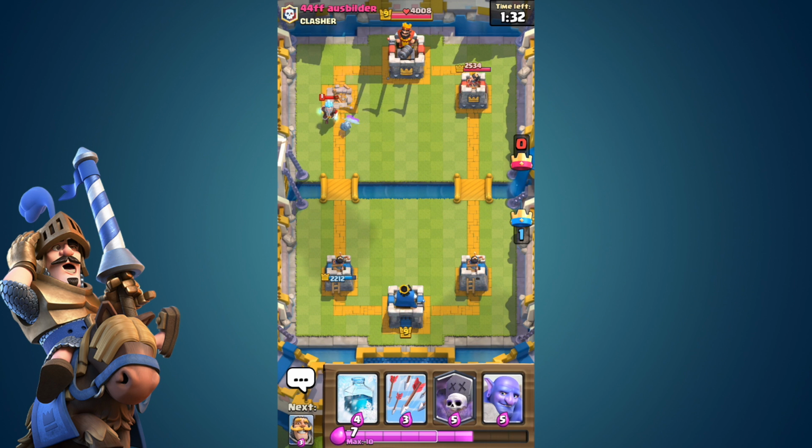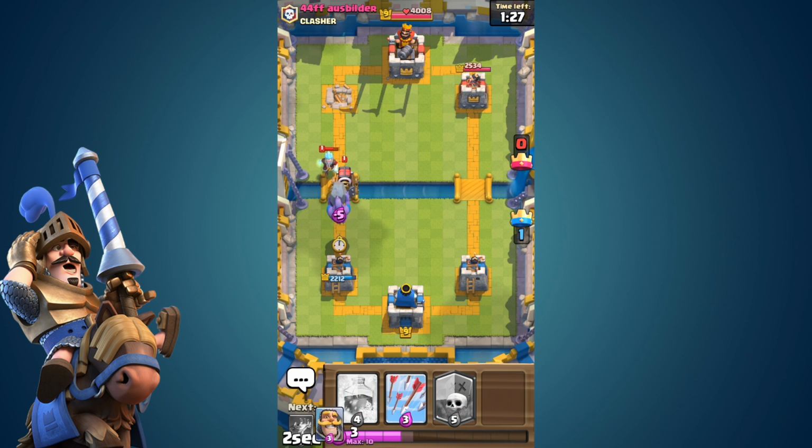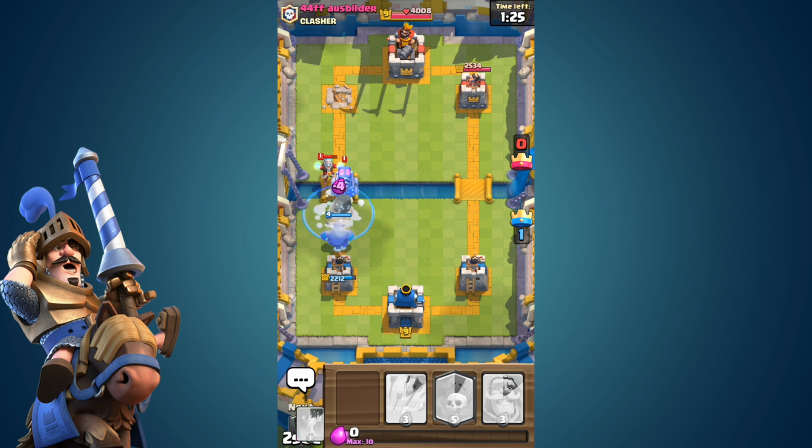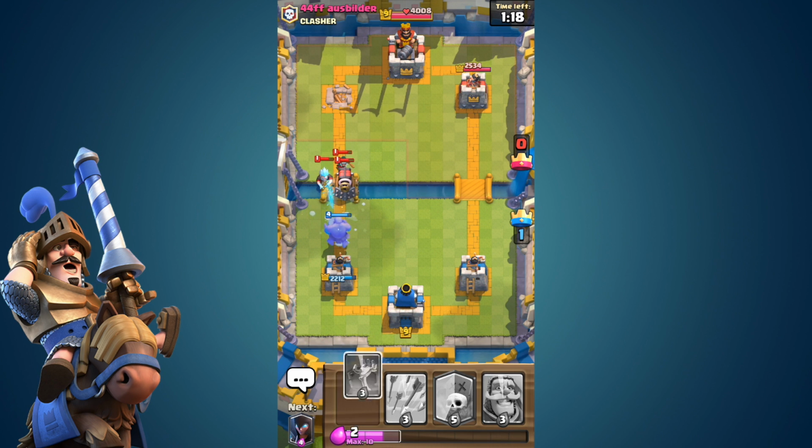Now, I get a little shocked here with the Sparky, and I completely misplaced that freeze too. I was trying to get the Ice Wizard in there too. I don't know what happened. I freaked out. I saw a Sparky. I didn't know what to do. But